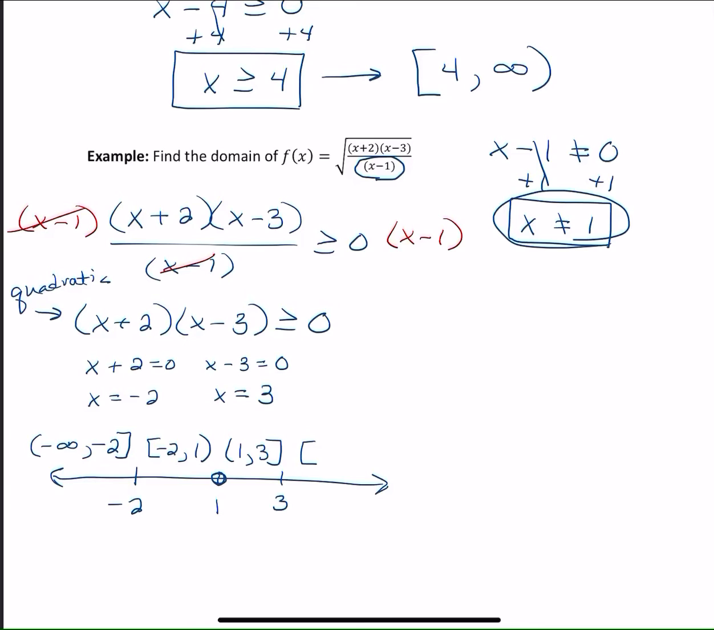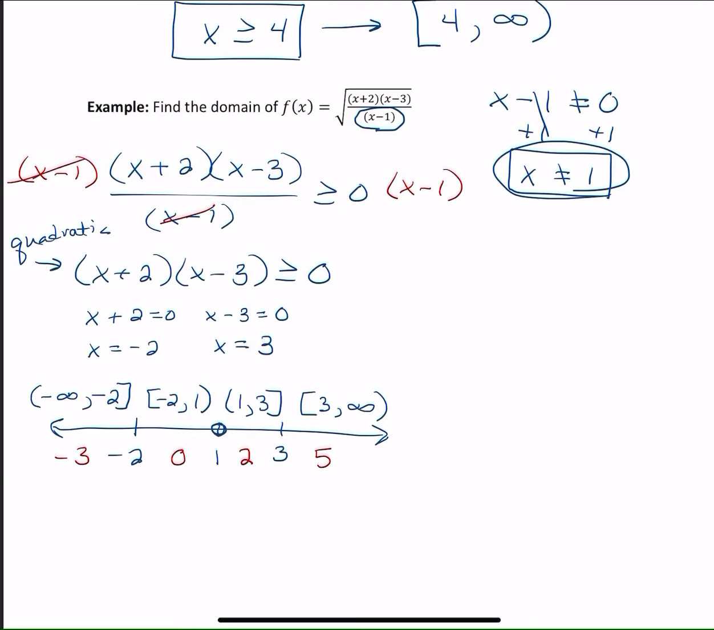And then from 1 to 3, and then 3 to infinity. So I'm going to choose a point inside each of these intervals. So let's say -3 in the first one. I'm going to pick 0. Let's pick 2 and 5. And I'm going to test those back in this original inequality that I set up to see if it's greater than or equal to 0. So let's test